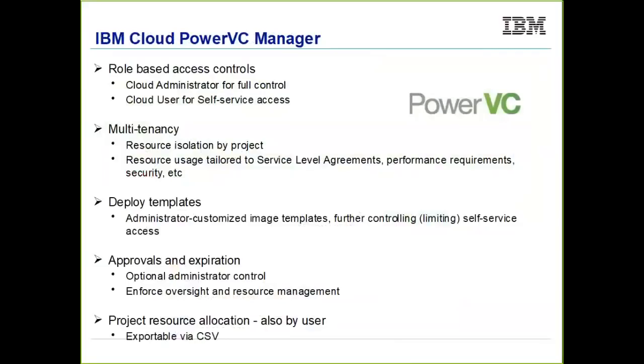And this is really, from a code perspective, a small addition to the base PowerVC Standard Edition, but it brings a lot of capability with regards to managing my environment in a fully multi-tenant fashion, and also bringing a self-service component as well. This allows us to set up multiple projects in our environment, and these projects, as we'll see on a following slide,